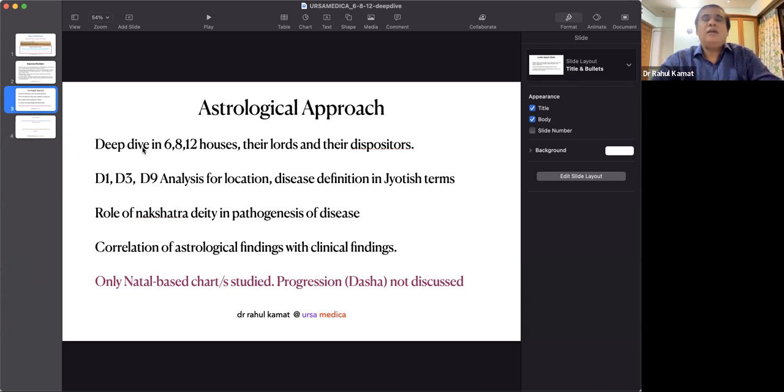We will be using the Rashi Kundali or the primary D1 chart, of course, and for the divisional charts, mainly we will be looking at D3 and D9. D3 for localization, and D9 for the qualitative deeper insights into D2, D1, in terms of how the grahas collaborate with each other for health or disease. I have been able to use D3 with a lot of insight,